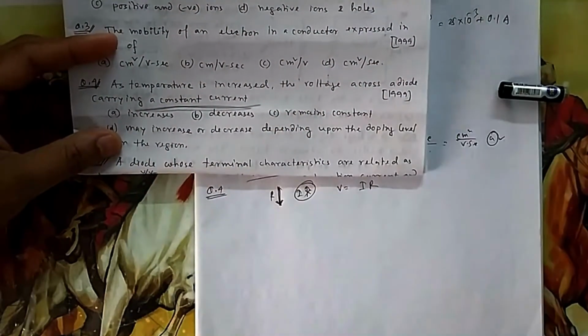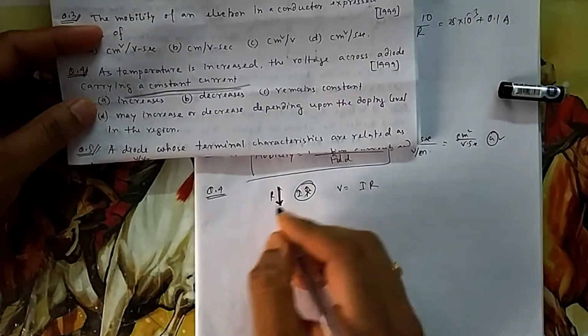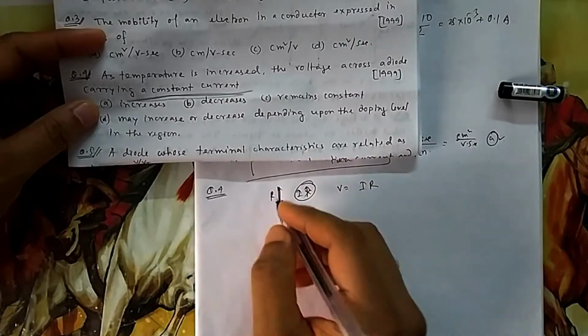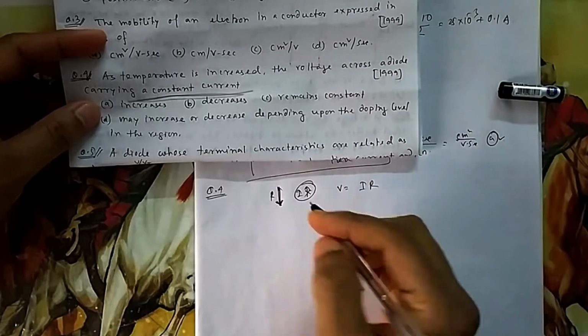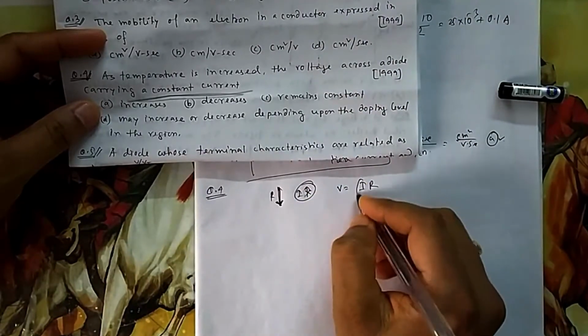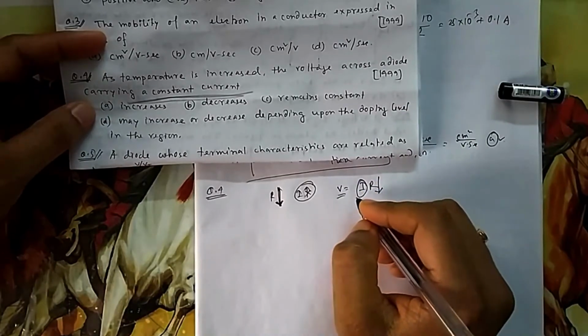The electron can now easily move, it will get more energy, so there will be less friction, or less collisions, you can say. Whatever, the resistance will be reducing, due to which the current flow will increase, but they are making the current constant, so it is constant, but effectively resistance is decreasing, so what will happen, your voltage will also